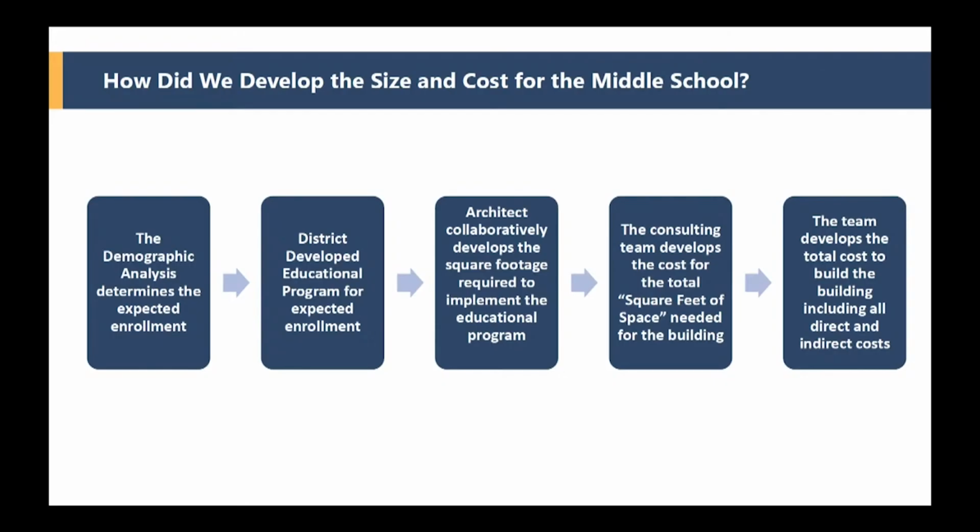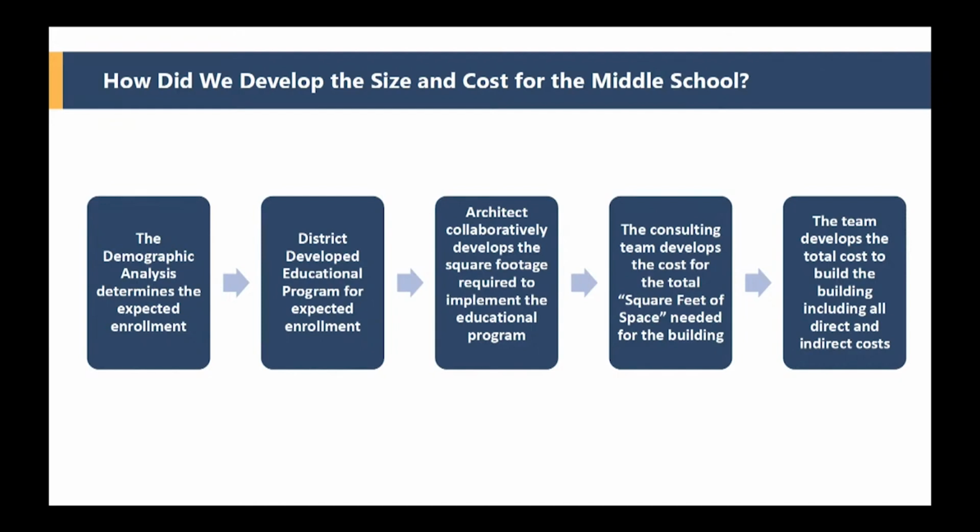So there's been a few questions about how was this sized? There's not a design done yet. So how did we come about sizing this building? So we have an infographic here. So the first thing is a demographic study. A demographer puts together the enrollment projection for the district, for the middle school, and how many students you're going to have in the longer term. And in this case, it's 2,200 students.